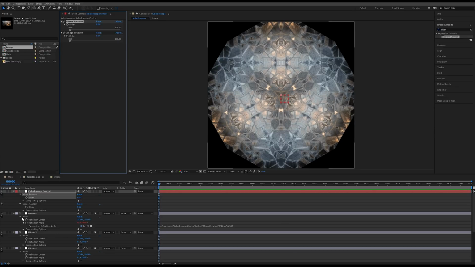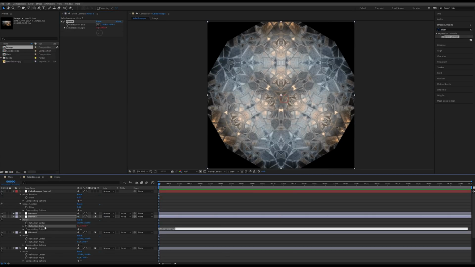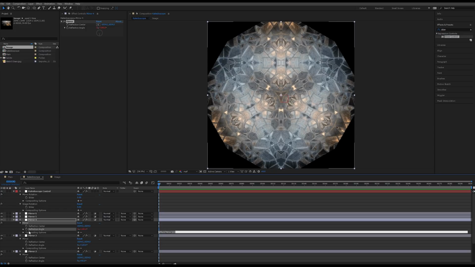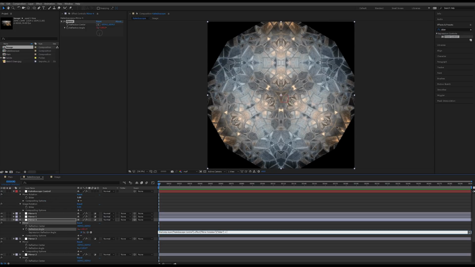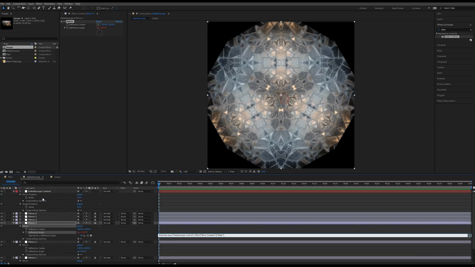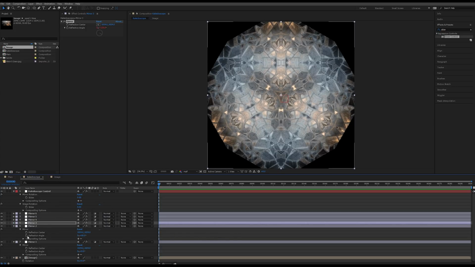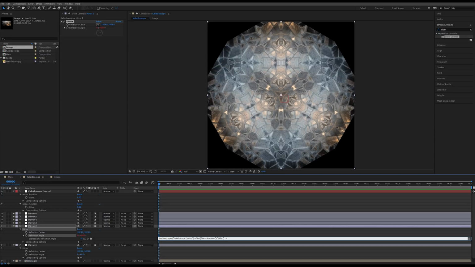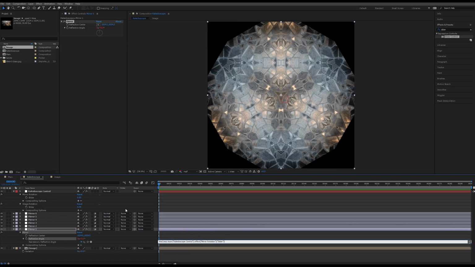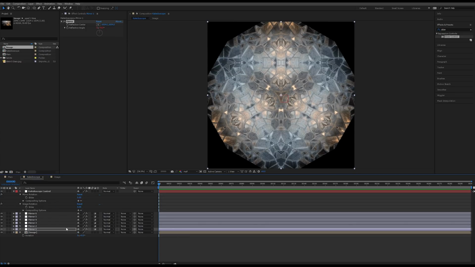All right, so let's do this on all the other ones as well. So reflection angle, I'm going to grab this one up here, and then we're going to add 240 to this one. Add 180 to this one. 120 to this one. Okay, and then for the last one, it's just 0, so we're still going to attach it, but we're just not going to add any numbers at the end, because adding 0 to that wouldn't really make any sense.